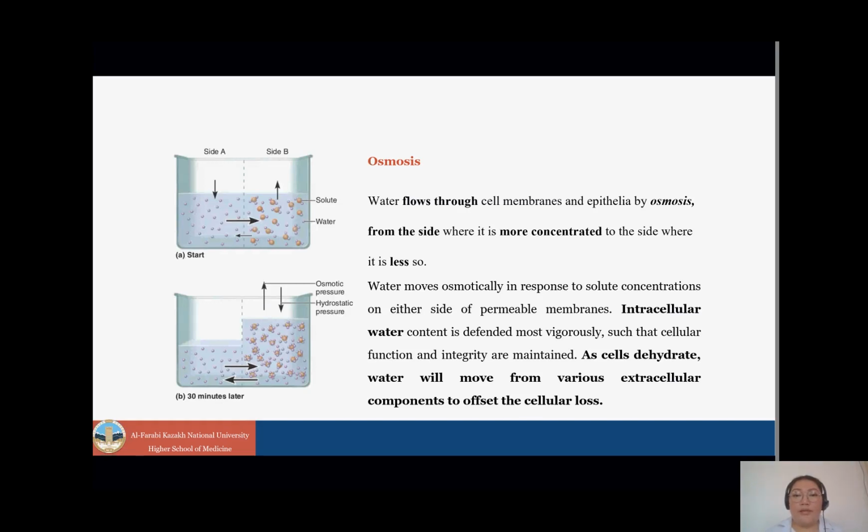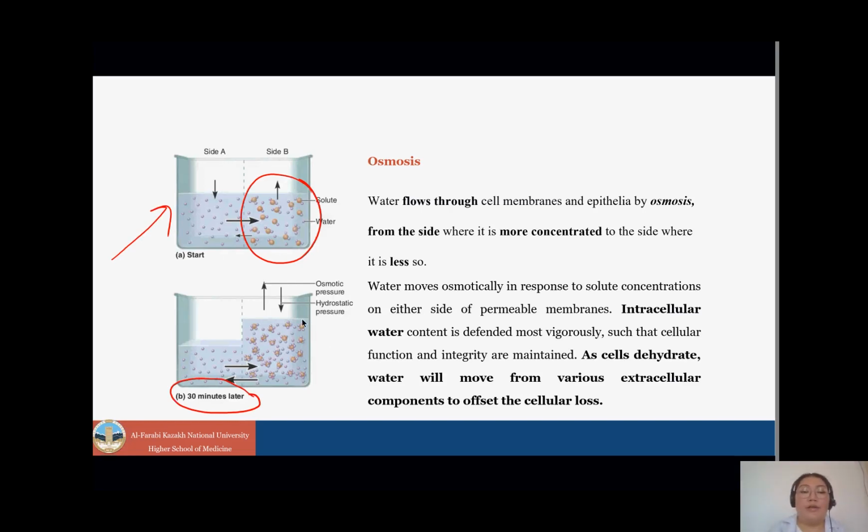And you know that when you have a more concentrated area, the water will follow to the higher concentration to dilute it. So it means that 30 minutes later, in the same vessel, we have